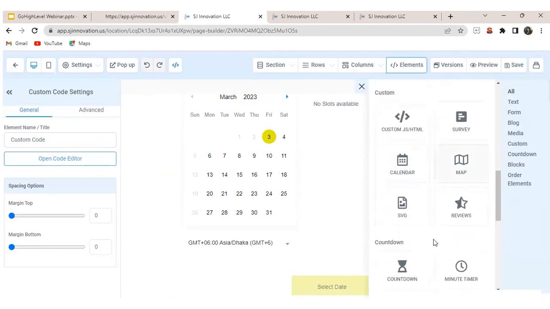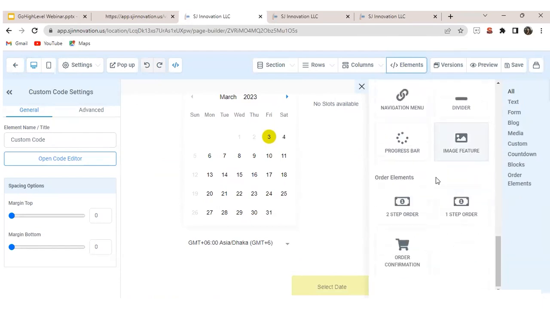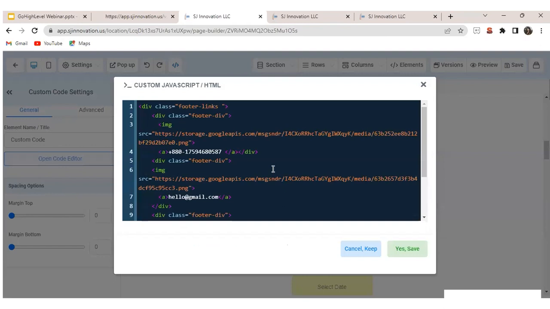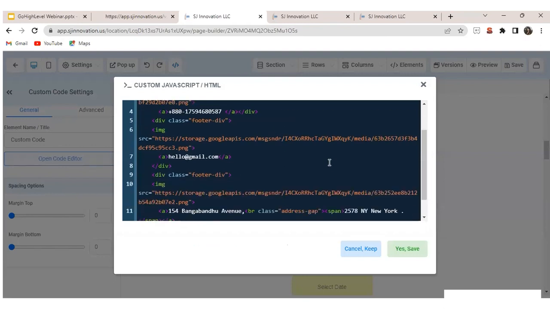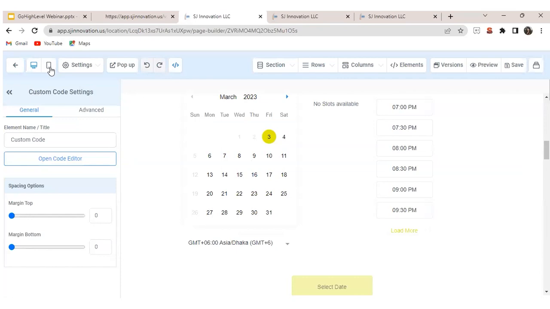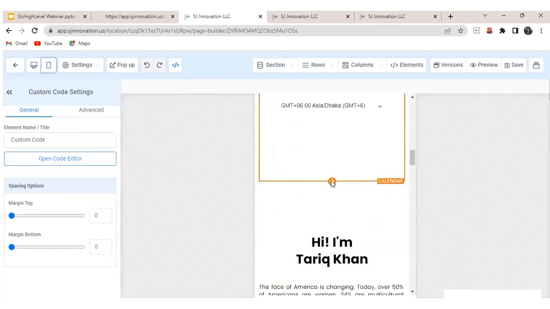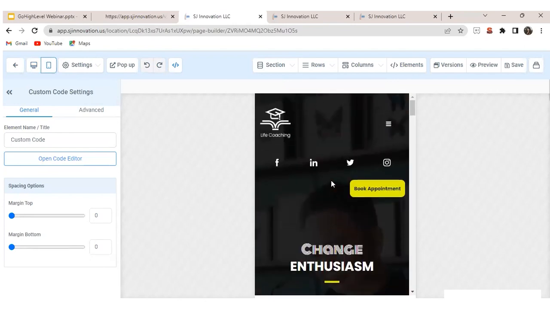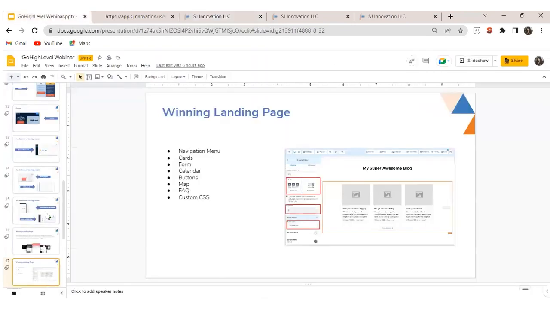If you wanted to do any custom coding, you can also do that from the open code editor. You can see we have put some HTML code here, and also GoHighLevel provides you automatically responsive web pages, so you actually don't need to be concerned with responsiveness also. So moving to the slide,